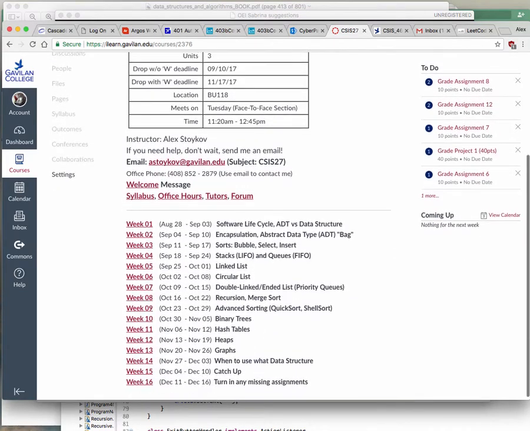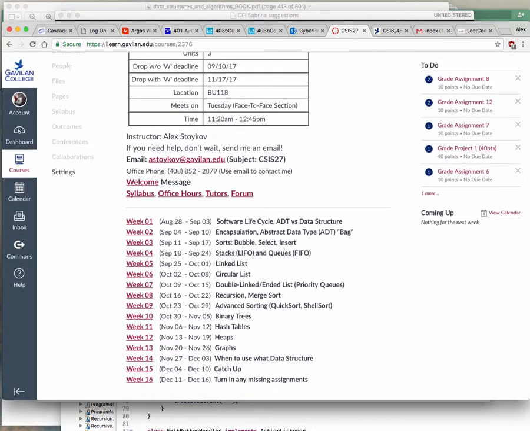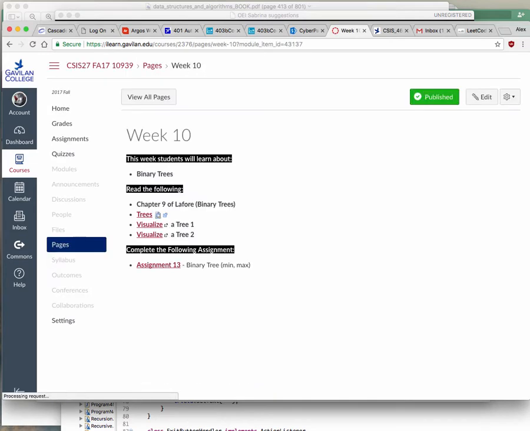Alrighty, let's do this. So, we are at week 10, and in week 10 we're going to talk about binary trees. Binary trees are basically a type of graph, but we're going to get to graphs later. It's basically like a linked list, but instead of having one link after the other, you have,